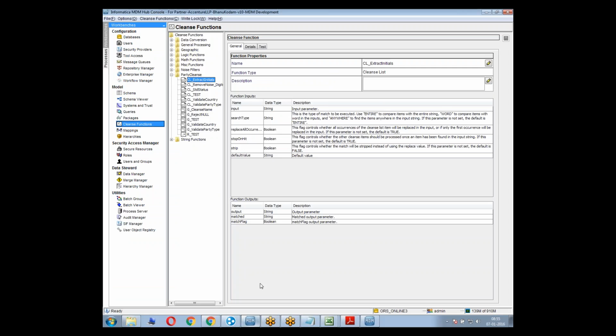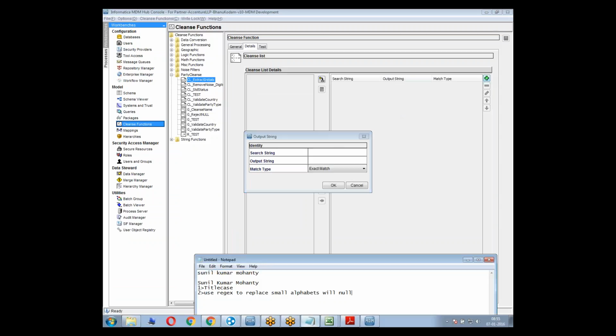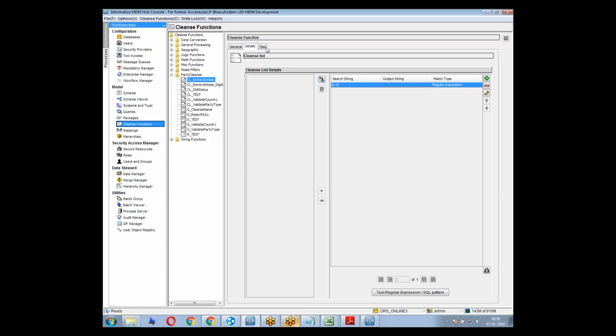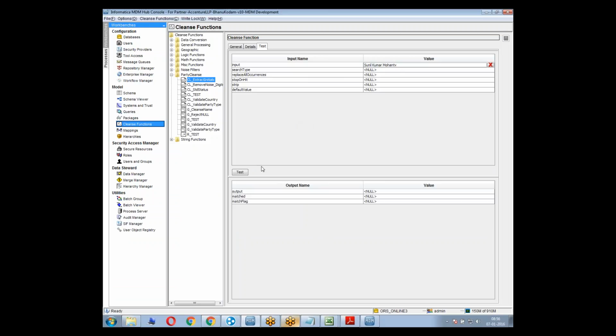So quickly, I assume that first of all title case I have done. Now what I need to do is just replace the small letters with blank, and it's a regular expression. So that's simple, and quickly you can test it. What is the parameter I need to give? This is not working, right? What are the parameters I need to set? I need to make this anywhere, but still